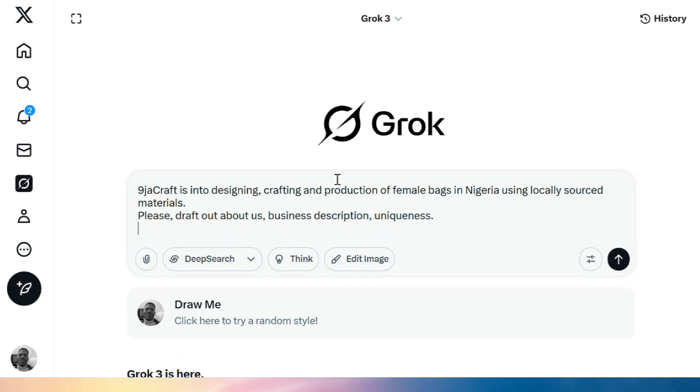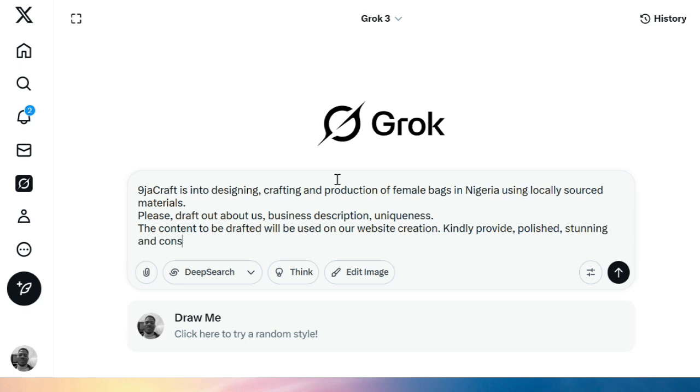So let's instruct Grok again that the content to be drafted will be used on our website creation. Kindly provide polished, stunning, and concise website content using the above prompt.